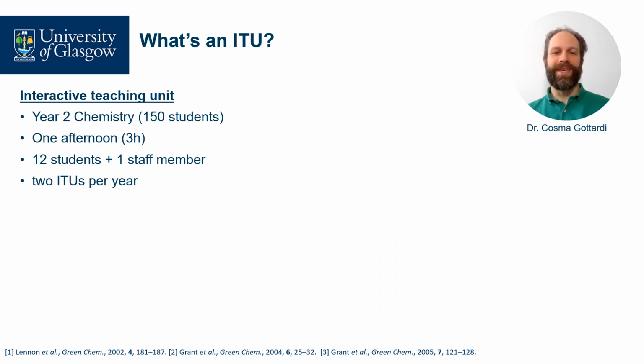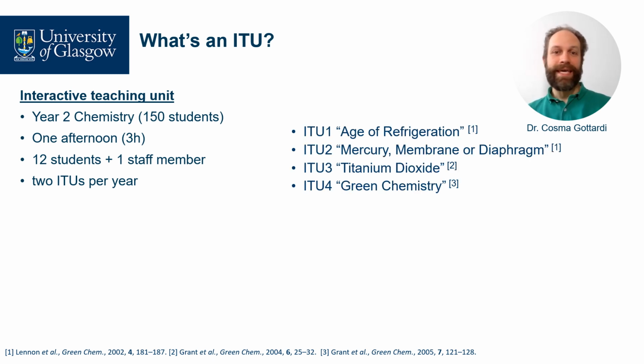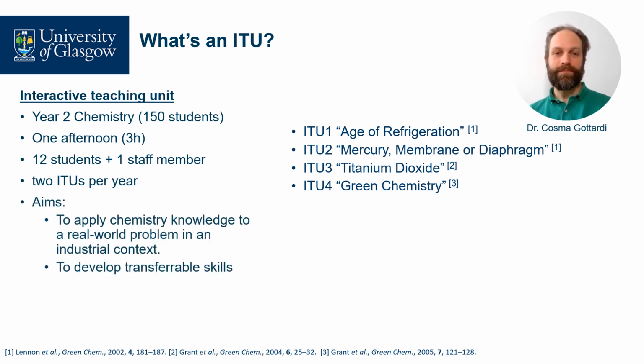First, I'll give you a quick overview of what these 3-hour sessions used to be. An academic would spend an afternoon with 12 students and go through some materials on one of these topics. In the session, the students then worked in groups of 3 to 4 and practiced teamwork, and then they'd also present to each other, practicing presentation skills. The dual aim of the ITU then and now is the same: applying chemistry to real-world problems while developing transferable